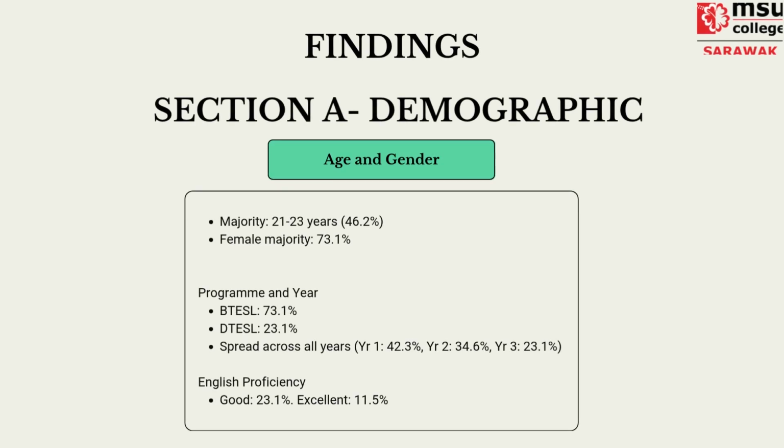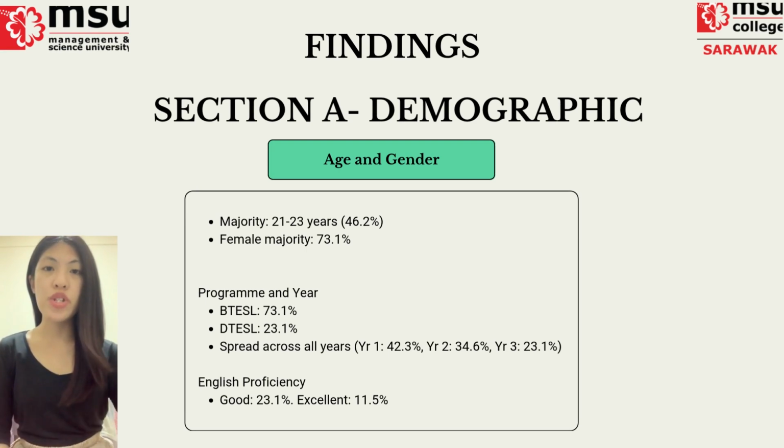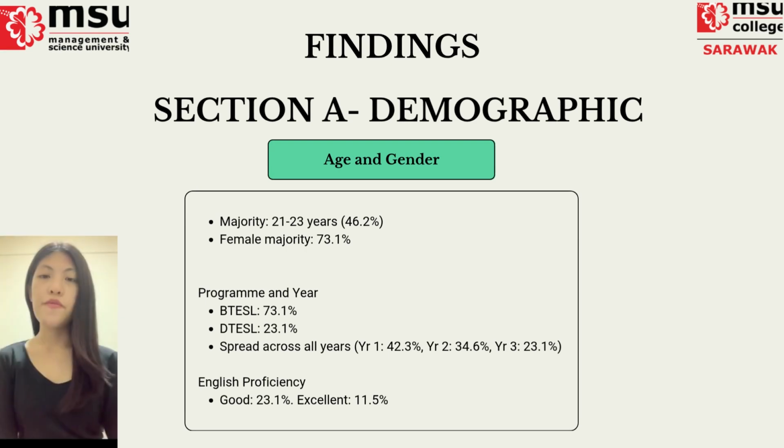My name is Vanessa Renit and I will be presenting both parts, which are Section A and Section B. From our Google Form responses, the majority of participants were female, 73.1%, and aged between 21 to 23 years old, 46.2%. Most of them are from the BTESL program, 73.1%, followed by DTESL, 23.1%, and they are fairly spread across